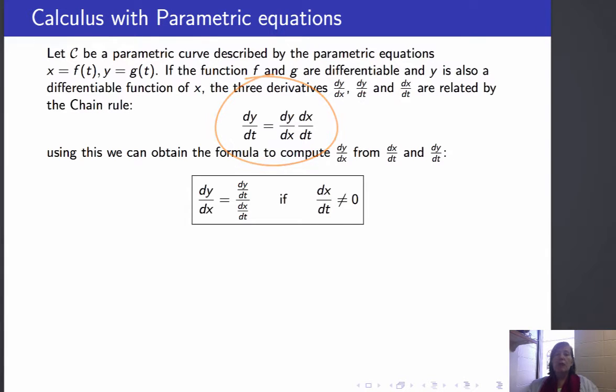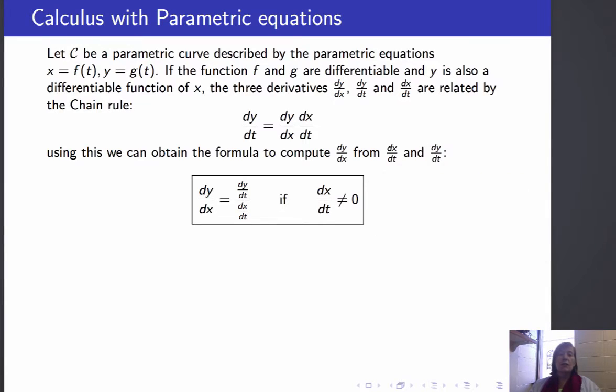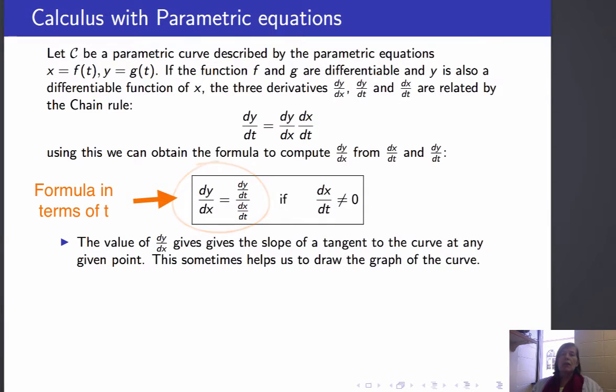Using the chain rule, we find dy/dt is dy/dx times dx/dt. Using this, we can obtain a formula to compute dy/dx from dx/dt and dy/dt. If we divide across by dx/dt, we get dy/dx is dy/dt over dx/dt. Now, we're not assuming here that y is some function of x for all x. We can apply this formula locally at a particular point as long as y is a function of x near